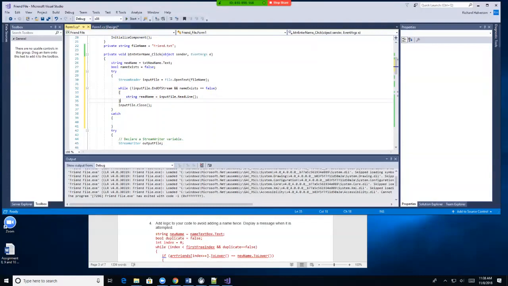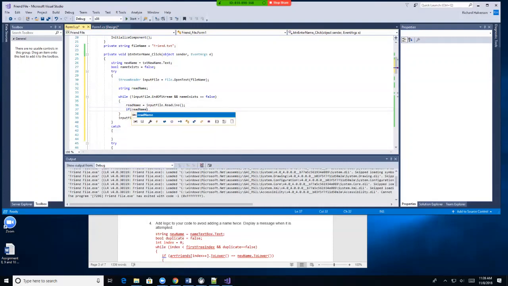I should declare a string name, and I should put it on here and just say readName. And if readName